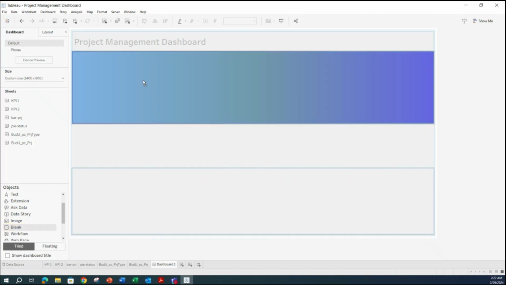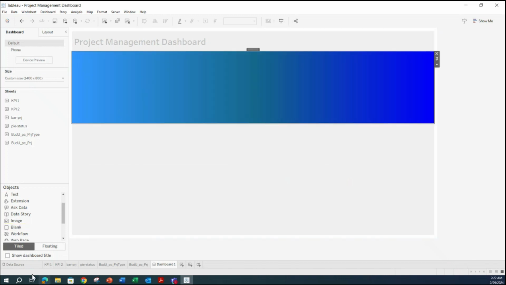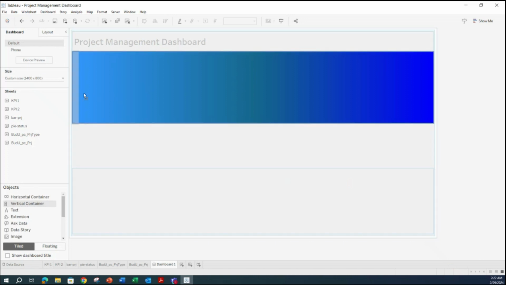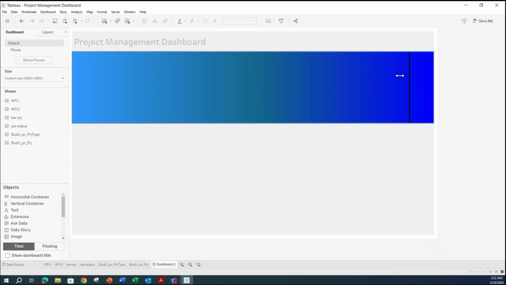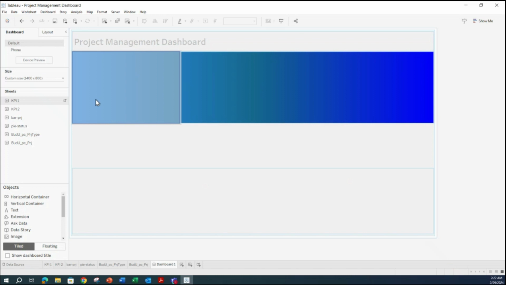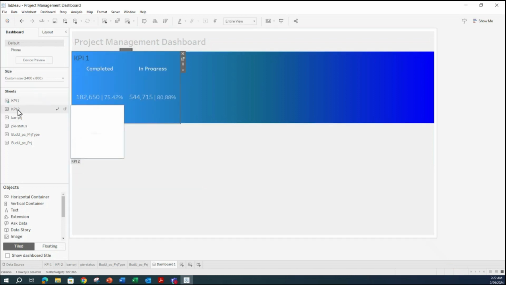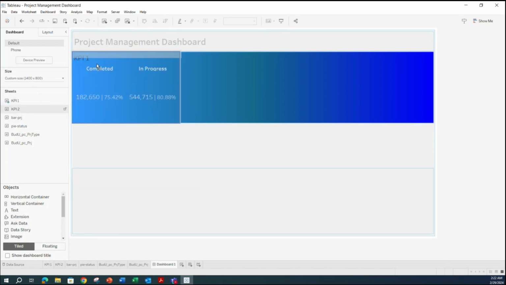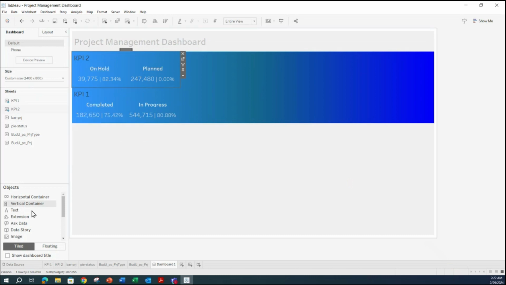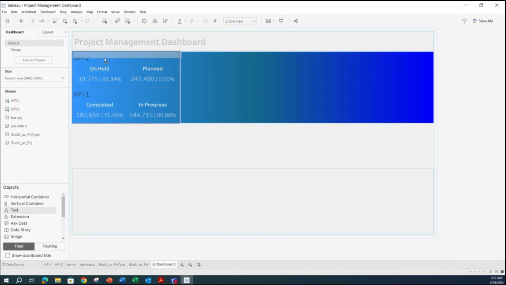So I'm going to add another blank over here. And on top of it, I'm going to add additional vertical container here. So again, this is my vertical container added, and I'm going to drag it over here until here where the KPI part is fitted in. So this part is done as well. Now I'm going to add my KPI one. Awesome. On top of it, KPI two, and then I will add a text on top of this